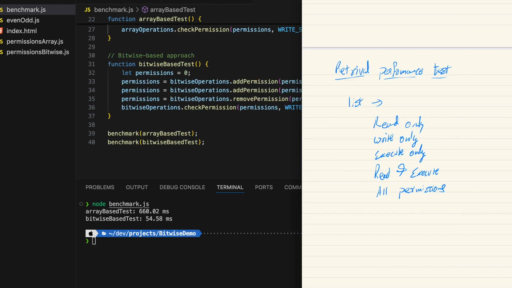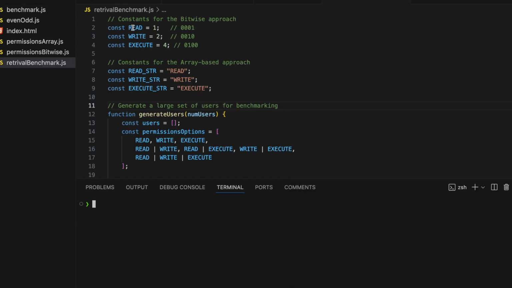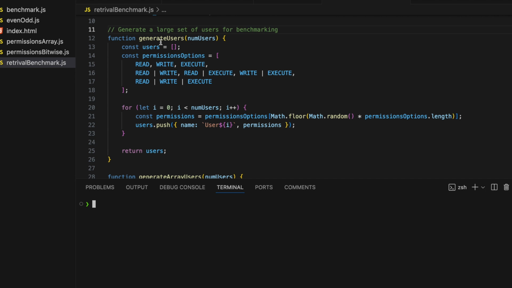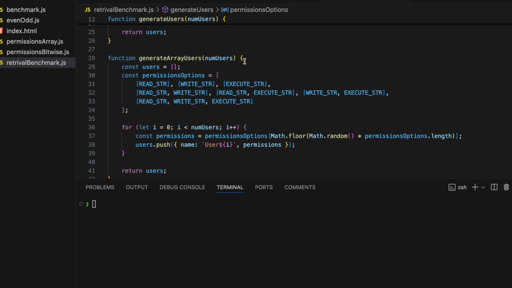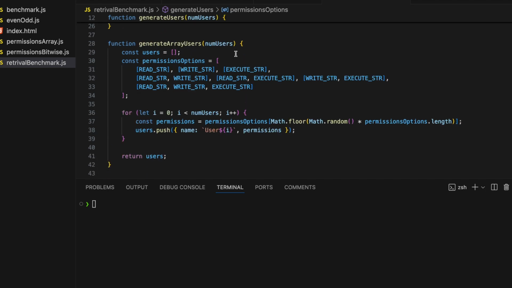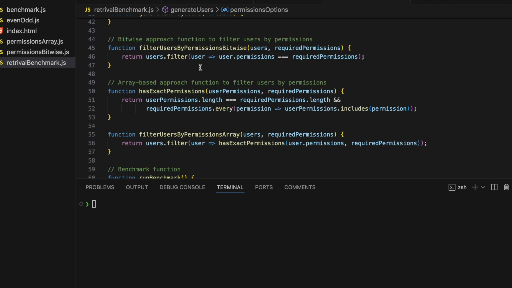Let's say we want a list of all the users that have read-only permission, write-only, execute, the list of users that have both read and execute, and the list of users who have all the permissions. So we have the 3 permissions. For this case, we will generate a list of users who are randomly assigned multiple permissions, and then we will have the list of users for our array-based approach. And then we have the